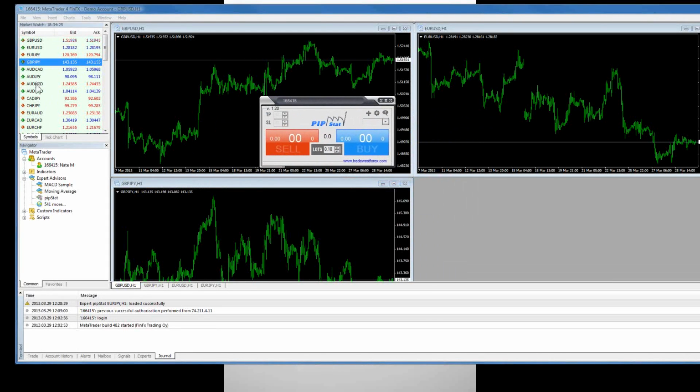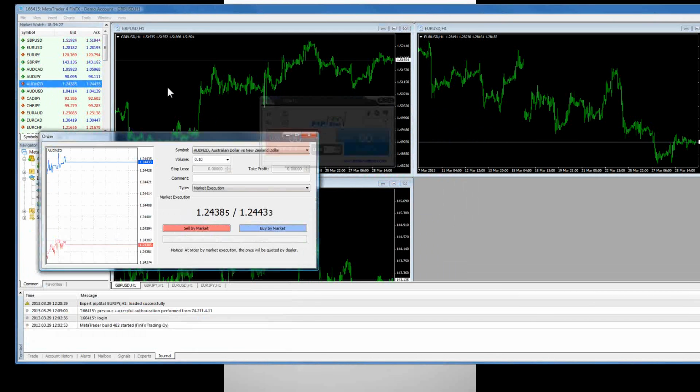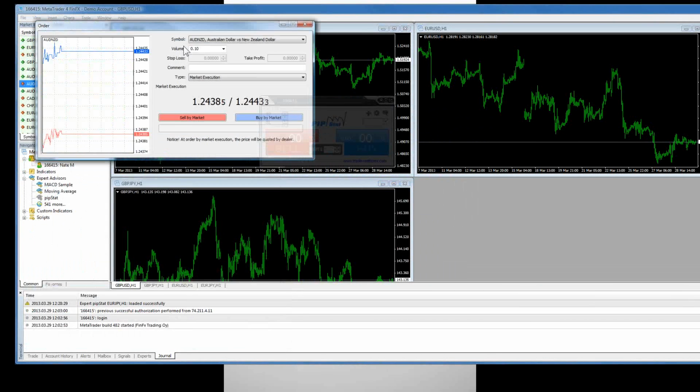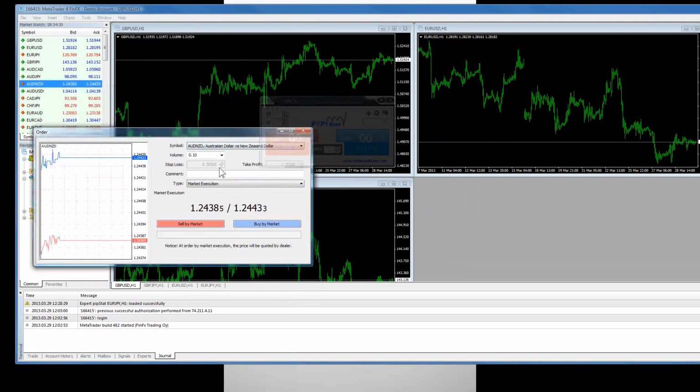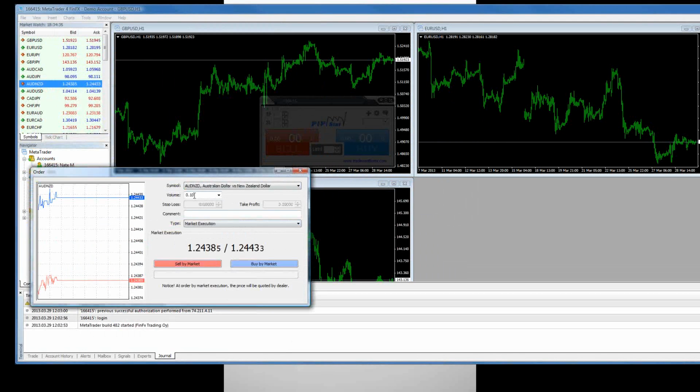Once again, double-clicking on any currency pair is going to pull up this window. You have to kind of go search for it. There are several different aspects of what you're looking for, and you have to sign off on what you're doing. You've got to make sure that everything looks right: right currency pair, right lot size, whether it's execution or making a pending order, and then whether you're going to buy or sell. It's pretty simple.